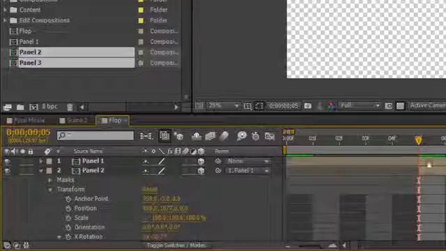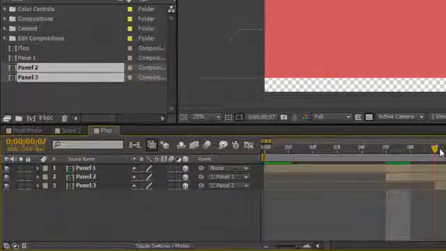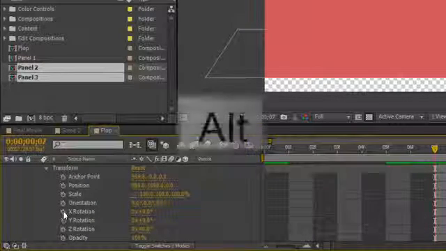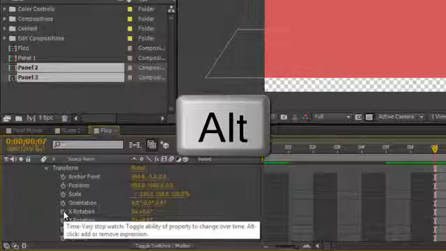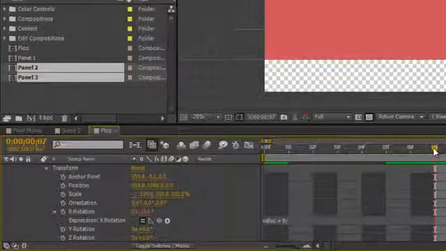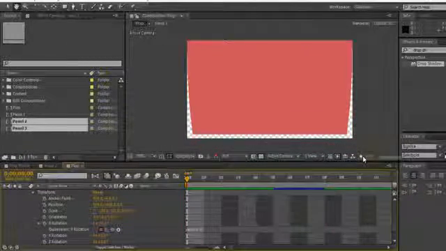And let's go back over to the other one, so I'm going to place it up and go down to the 7th frame and X rotation. Hit Alt on your keyboard, then click on X rotation and then Control V. So now what you'll be able to see is that it kind of flops in like so